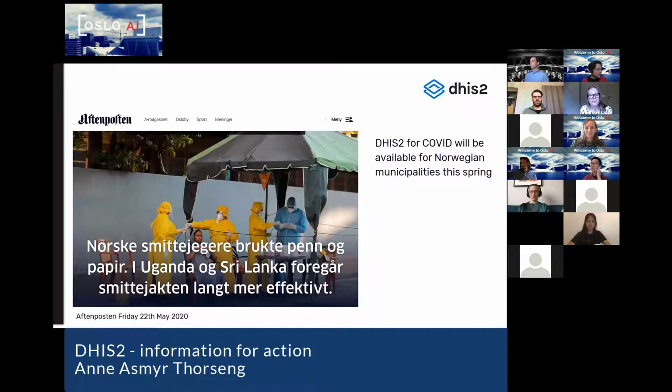So we're not always at the forefront, but others have paved the way and made systems that we can now use. And at the moment, we are piloting DHIS2 for contact tracing, meaning to figure out who you've been in contact with, following up and putting people in quarantine, in 6 Norwegian municipalities. So Bergen, Asker, Fredrikstad, Sel kommune, among others, are now piloting as we speak, trying to use it on real data. And the plan is to scale it quickly to all the Norwegian municipalities that want to use this. So follow that space. Hopefully that will work fine.